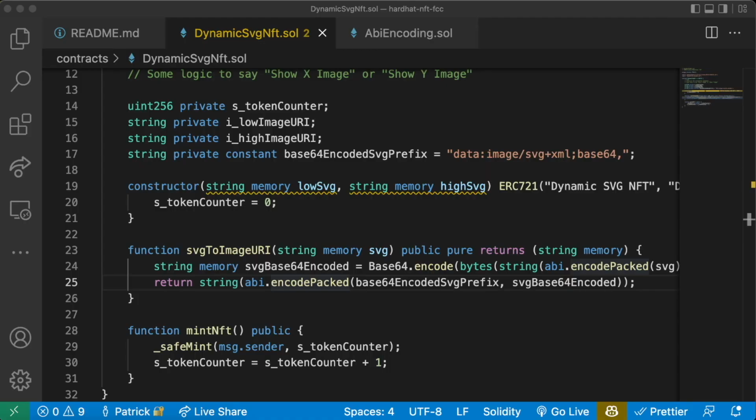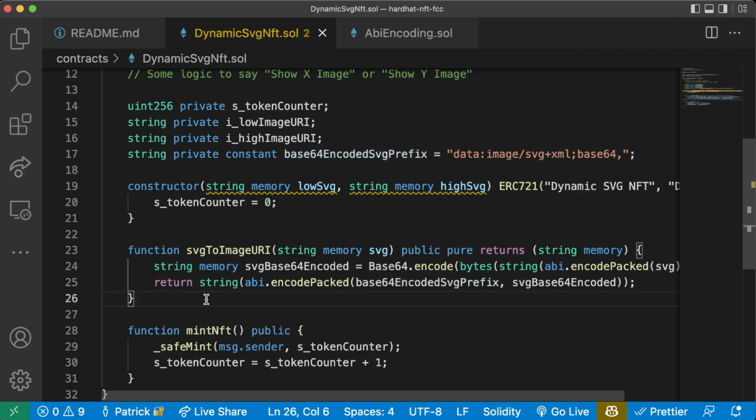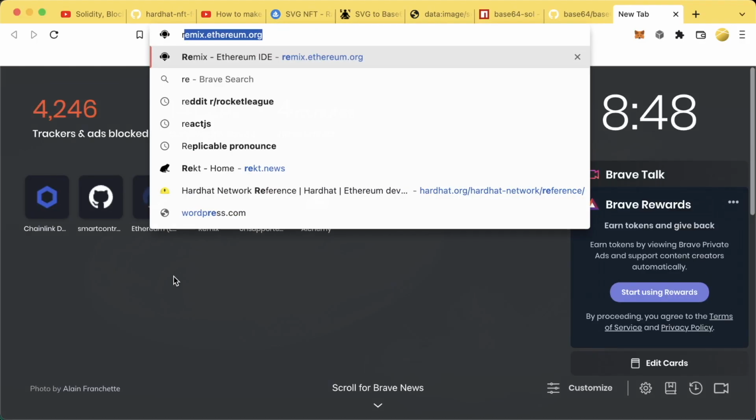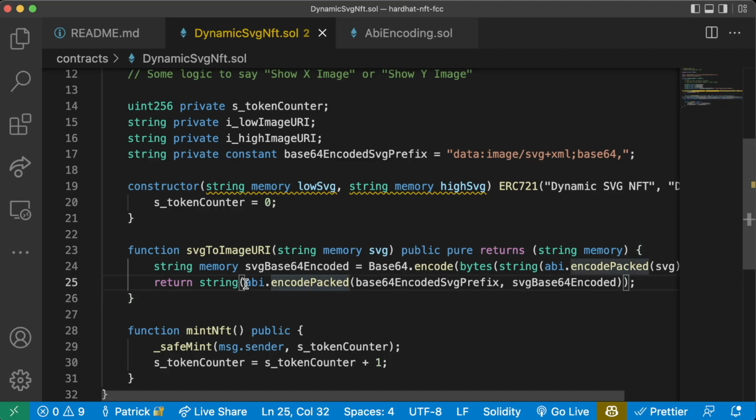So from a really, really high level, this is basically how you concatenate strings, right? This is how you combine strings together. And we're going to jump over to Remix to actually explore this abi.encodePacked and this ABI encoding stuff a